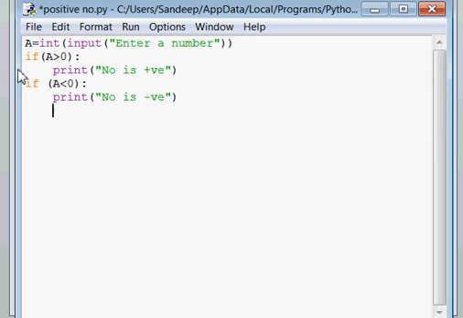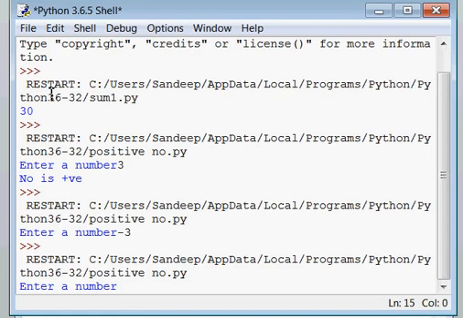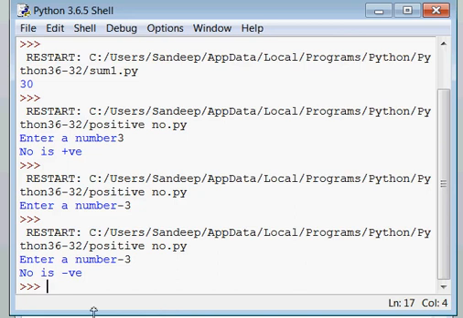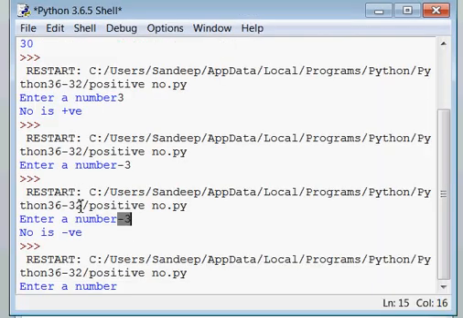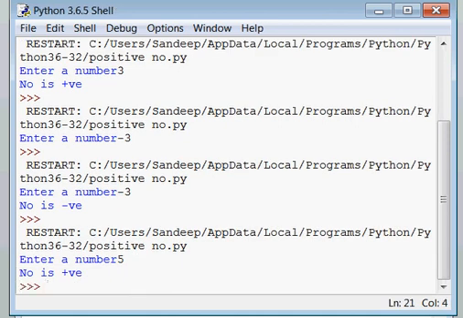If you want to use such condition based statements in your program, then you can use them here. This is one example: enter number, you have entered -3, so number is negative. In the same way, if you enter a positive number, then it will print number is positive.